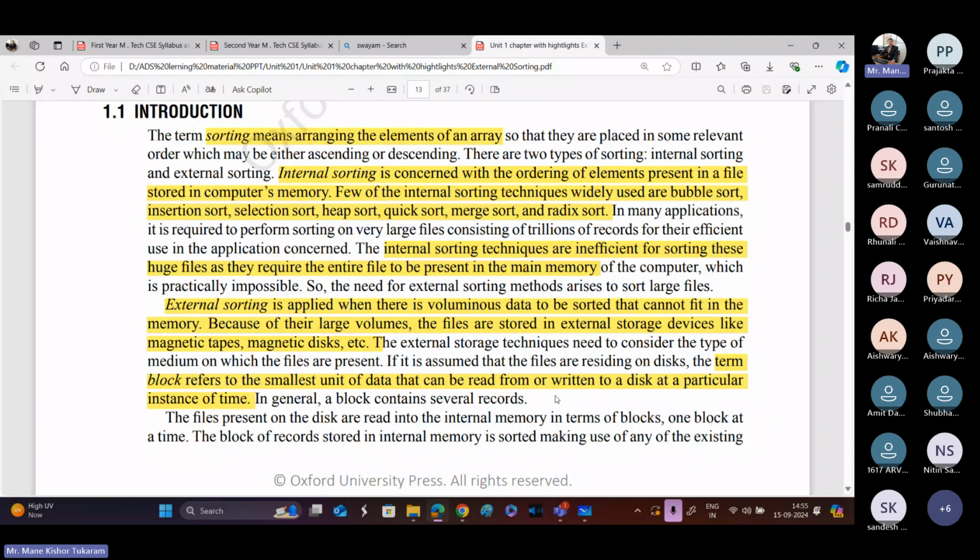Okay, so internal sorting techniques are insufficient for sorting these huge files since they require large memory to store the entire data of the file. Okay, so for that,